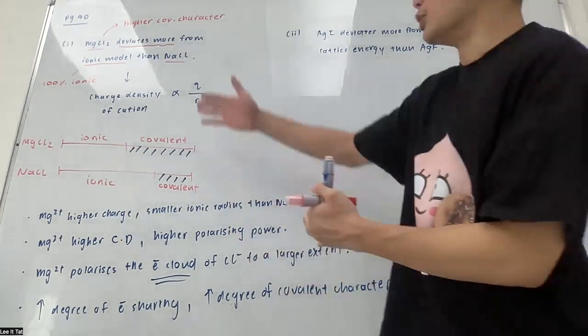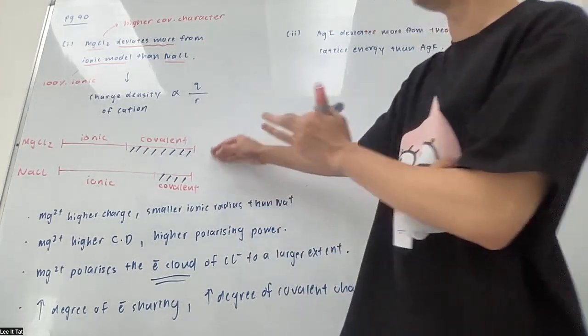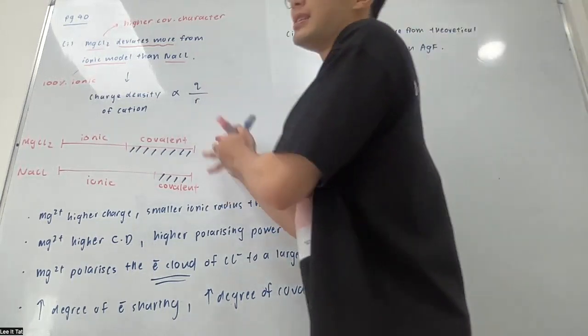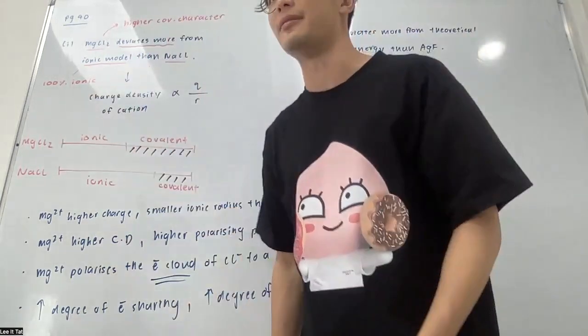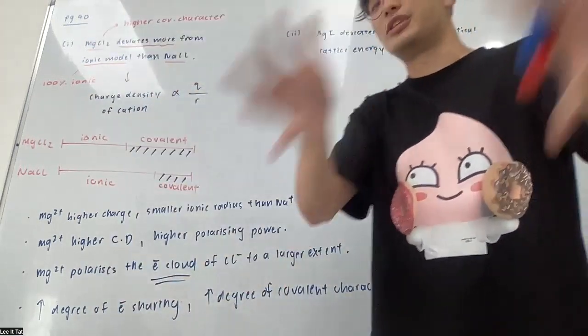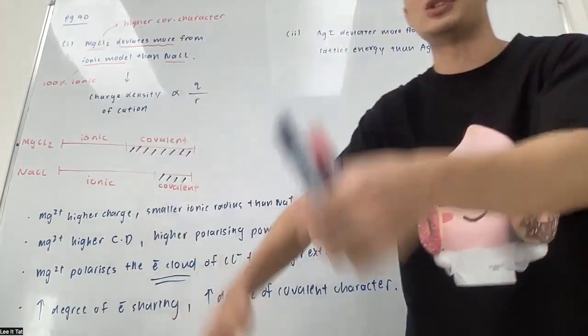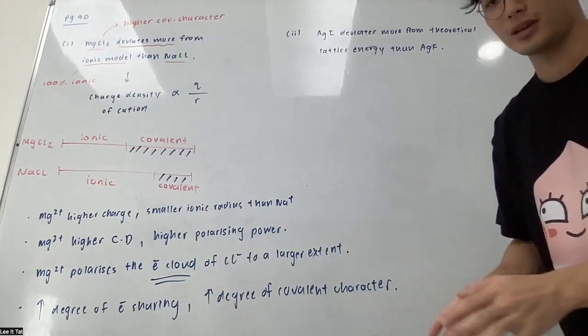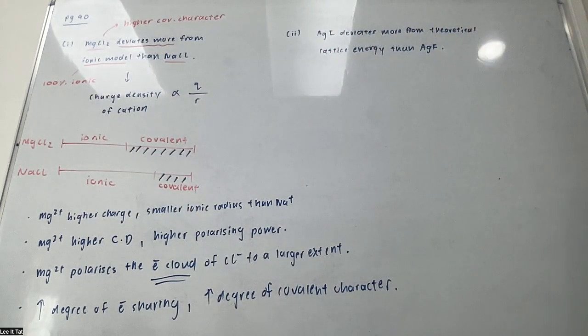So personally, what I like to use to interpret questions like this is I imagine a line. The line has to be the same for both because it's always out of 100%. It's about how much percentage is allocated to ionic and how much percentage is allocated to covalent. We take some marker. Okay, now